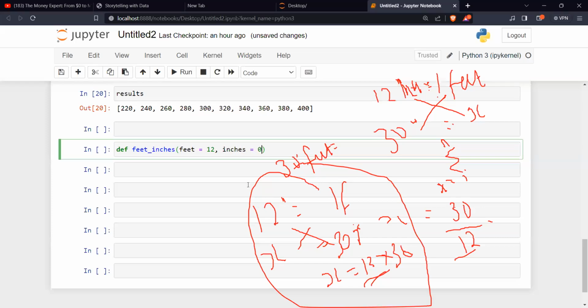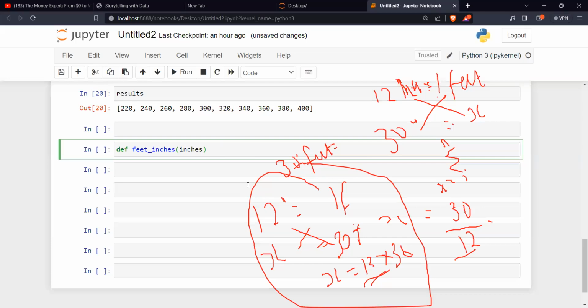Maybe something like this, right? So it means that 1 is a constant. But if you don't want to do it that way, then I'll just put only 1 parameter. And what I'm trying to convert is from feet to inches. So what I need to put is the inches, is it not?